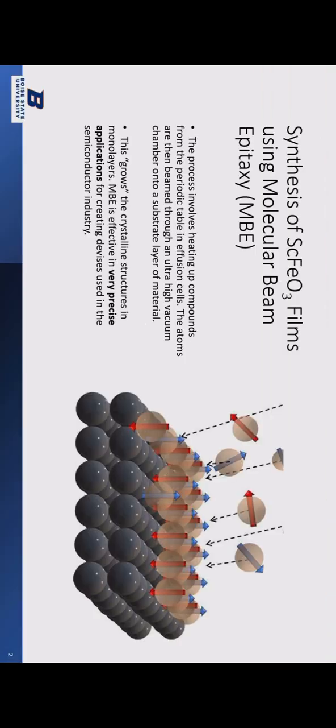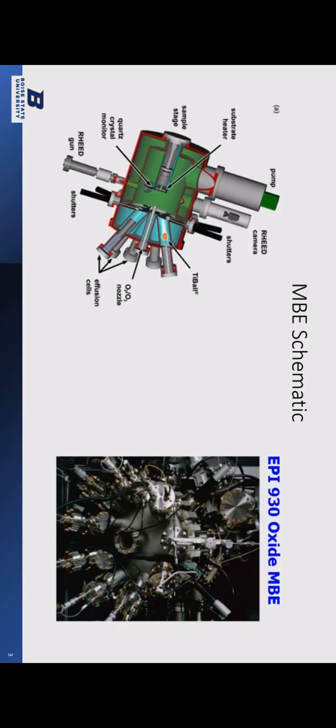So molecular beam epitaxy, most of you are familiar with. It's basically heating up elements from the periodic table, and they will sublime through ultra-high vacuum and land on a substrate material. In our case, it's a sapphire aluminum oxide material, and this grows our crystalline structures in monolayers. So we basically are stacking layers on top of each other to create these cool structures. And in our case, it's scandium and iron atoms that we're stacking. And this is the reactor that we use, where we have O3. We have our effusion cells, our samples mounted here, and then we have reflection high energy electron diffraction for monitoring